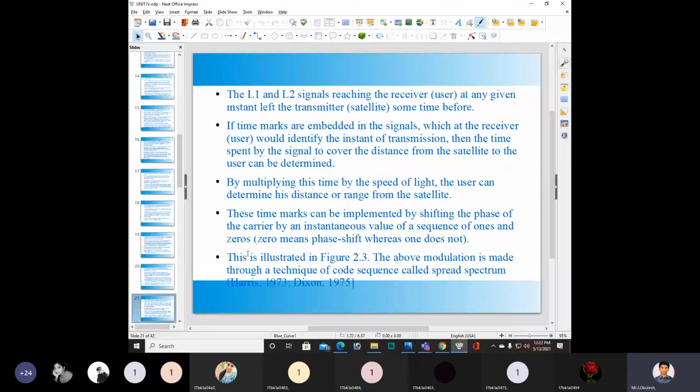Here we have two signals, L1 and L2. The L1 and L2 signals reaching the receiver or user at any given instant left the transmitter, the satellite, some time before.